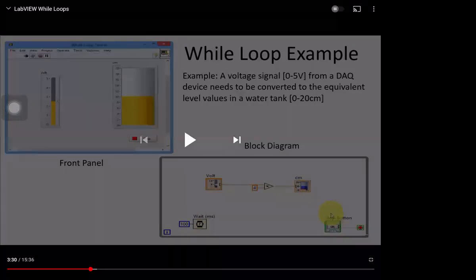Okay, so in this example, you can see he implemented a while loop example.